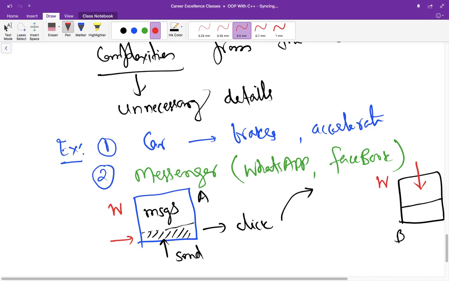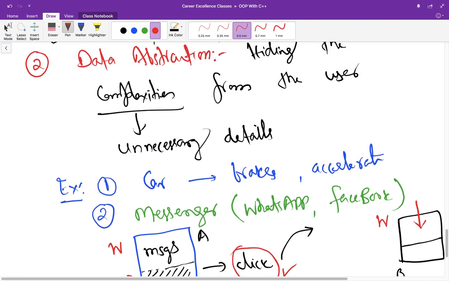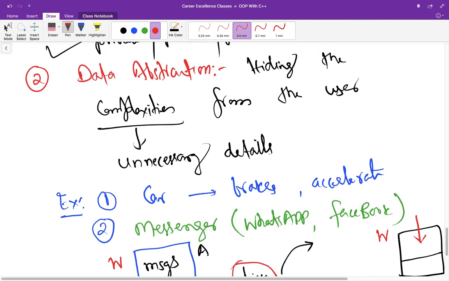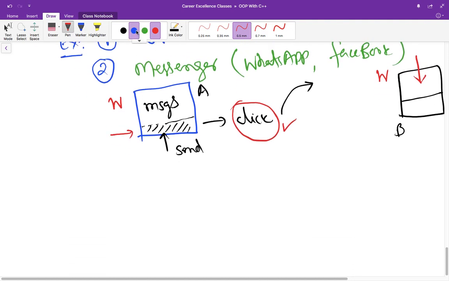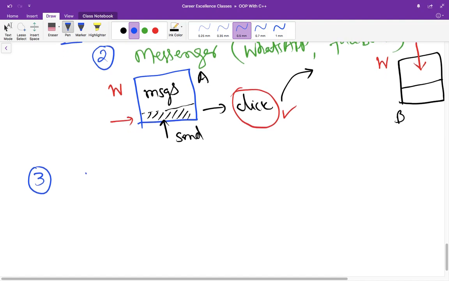You might dig into that software details and know the details, but in real life you are not aware of how this click behaves and sends the message to another phone, right? So this is called data abstraction and hiding the complexities. Third concept that I am going to discuss at this point is polymorphism.